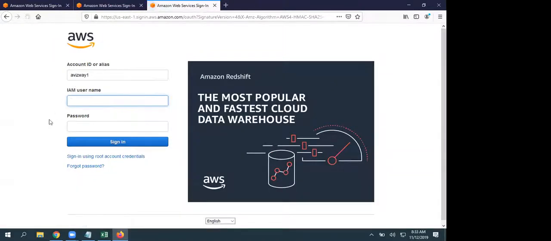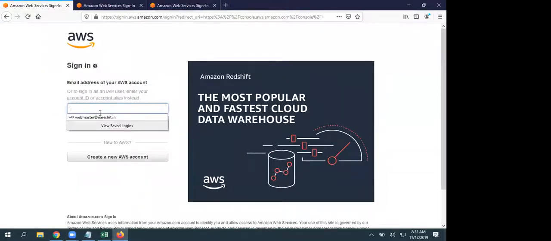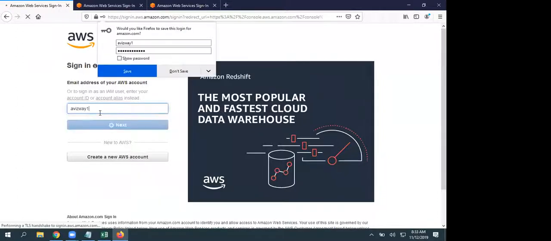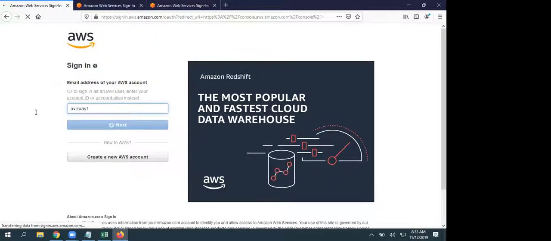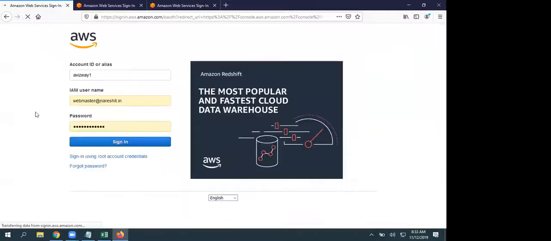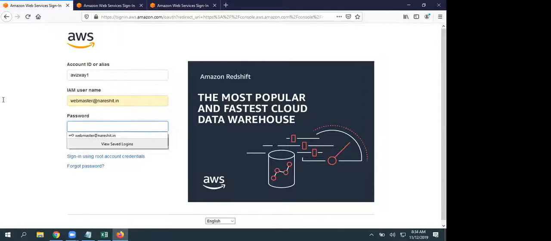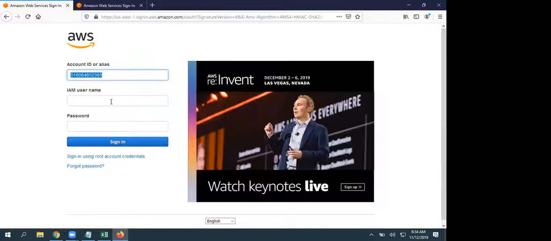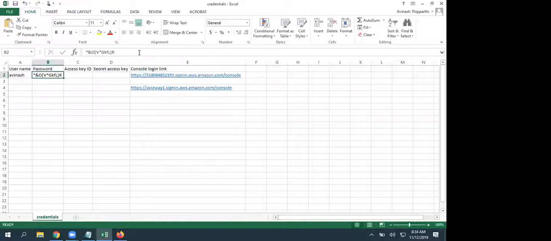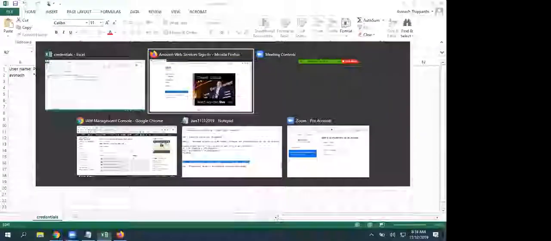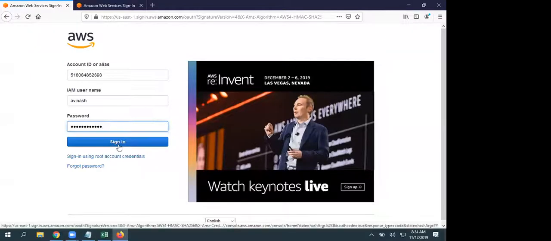That's it. Again, page is same, right? So again, with this one also, if I am giving only alias name or account number, it is going to take you to the same page. You see this? This is auto-filled data. See this? Account ID, username, and password. Okay. So the username is Avinash, and password, some auto-generated password. Click on sign in.